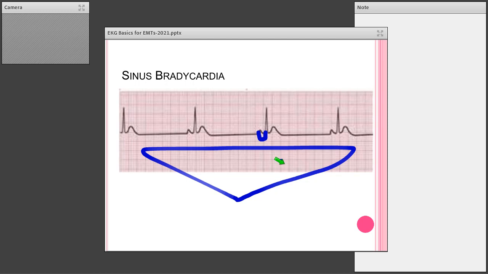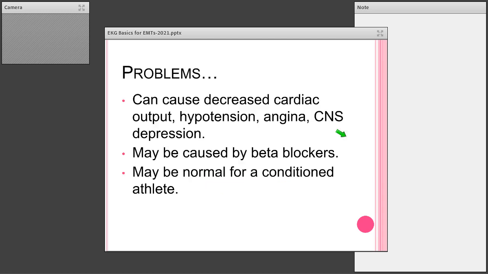And the QRS complex is about 2 to 3 boxes also. So besides the rate, everything else is fairly normal. So this would be sinus bradycardia, less than 60. So somebody who has sinus brady, or sometimes we just say they're brady,